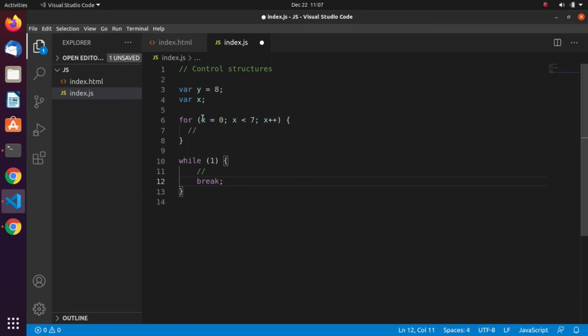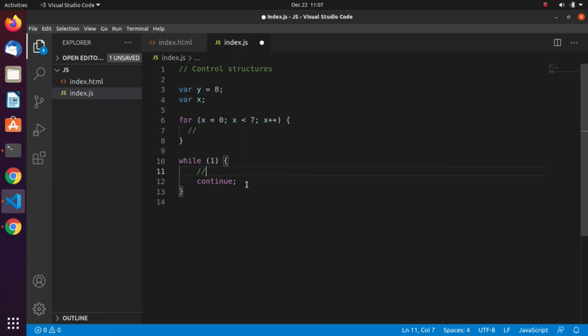So we see the difference with the for. With the for here we have a limit set to 7. This break, of course, you can still use within the for. Till maybe something fails, you just want to break, you no longer want to continue with the loop, you can just use the break keyword. We also have the continue. The continue is to skip one operation. Maybe you are doing something and at some place something is not okay, you just want to skip it, you don't want to execute it. So that's what the continue keyword actually does.